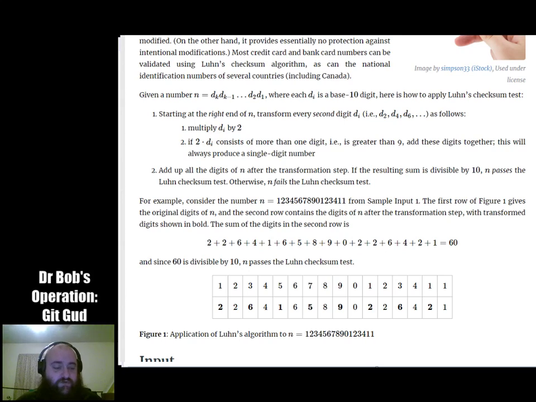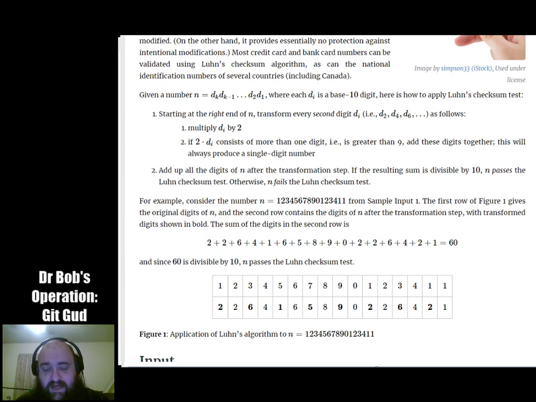So basically, the numbers 0 through 4 end up going to 0 through 8. But the numbers 5 through 9 would go to 10, 12, 14, 16, 18. Instead, they're going to go to 1, 3, 5, 7, and 9.